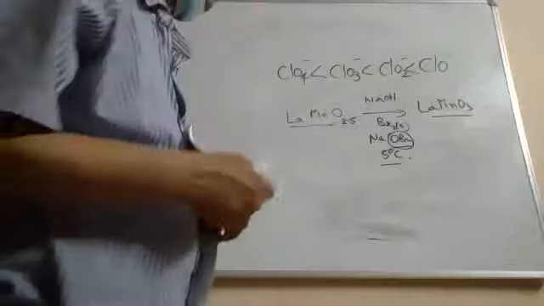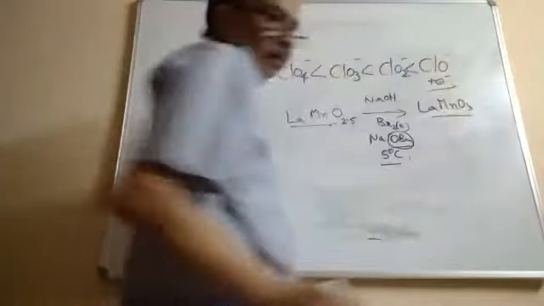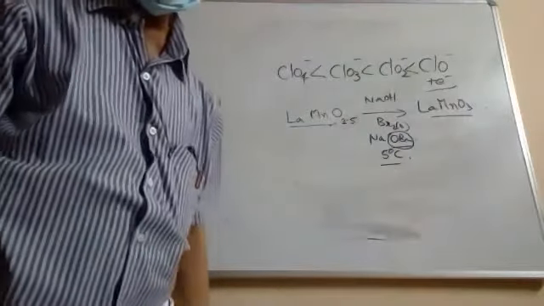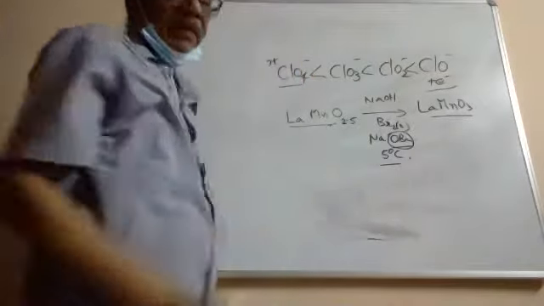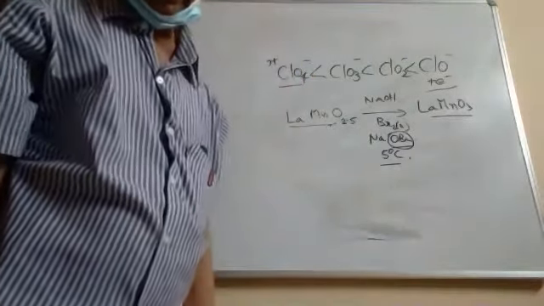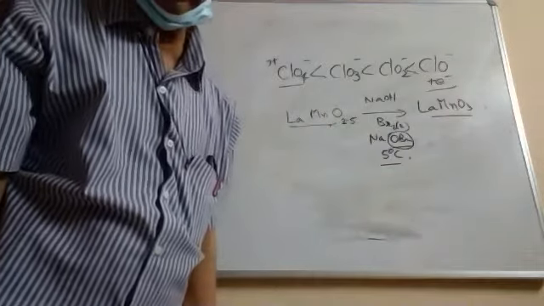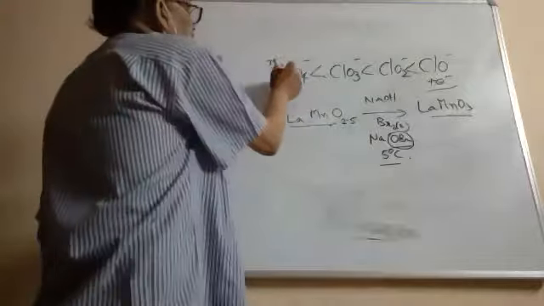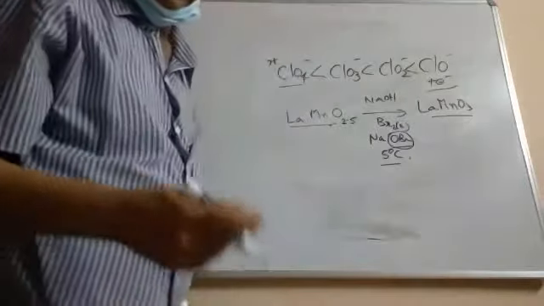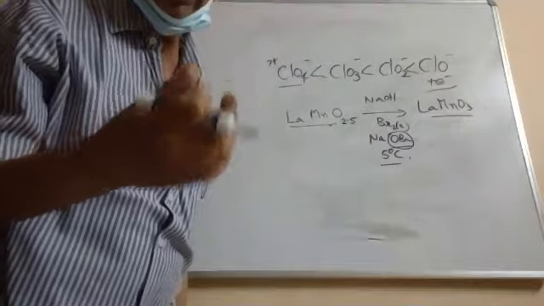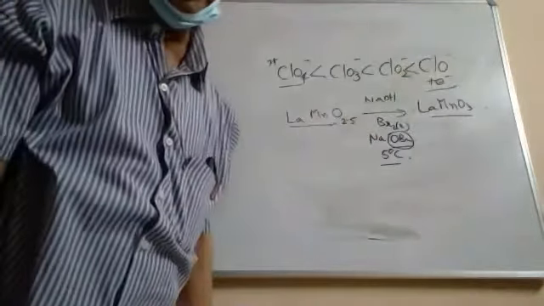Part of the two reasons. When you are easily reducible, that means if you are adding an electron, which of the species can accept the electron easily? If you look at perchlorate, you have 4 oxygens and a negative charge, and the chlorine is in the 7+ oxidation state. Chlorine 7+ should be extremely tiny, small. So when you have a small central atom with a negative charge, the surface charge density is very high. So when you're trying to bring an electron, the repulsions are going to be so high that